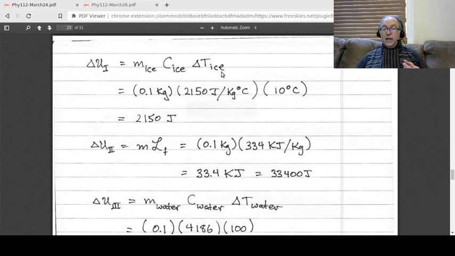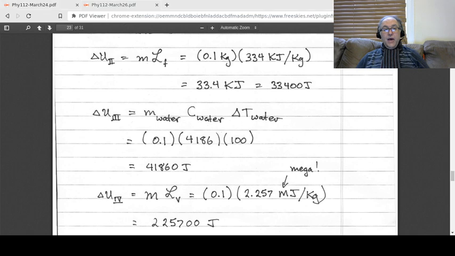Okay, and how much are you heating up the ice? Well, you started at minus 10 degrees Celsius, and you got to 0, so you heated up the ice by 10 degrees Celsius. Okay, and so just crunch that too, and it turns out that that part takes 2,150 joules. All right, now where are we at? Now we have